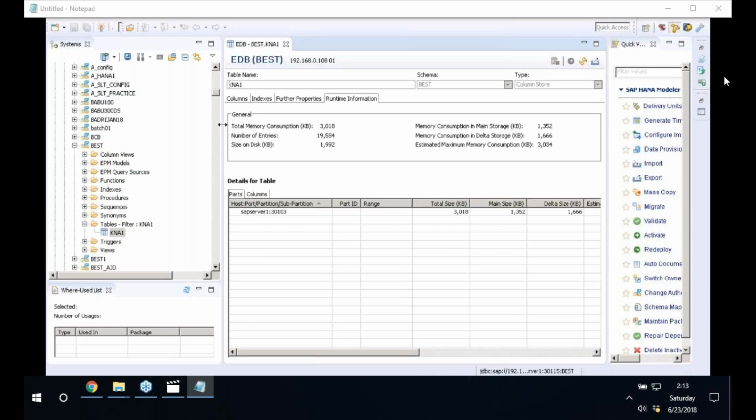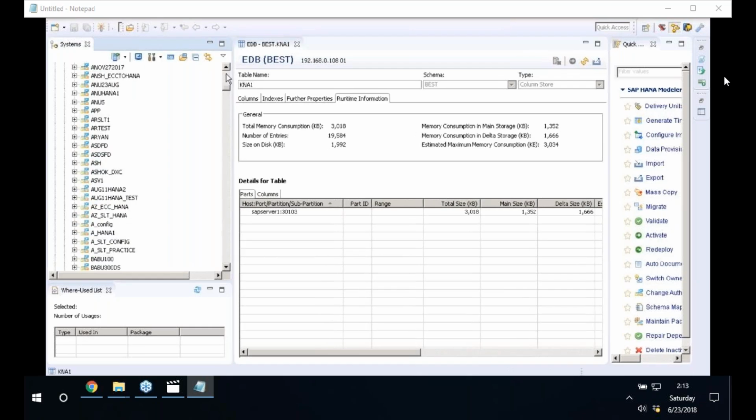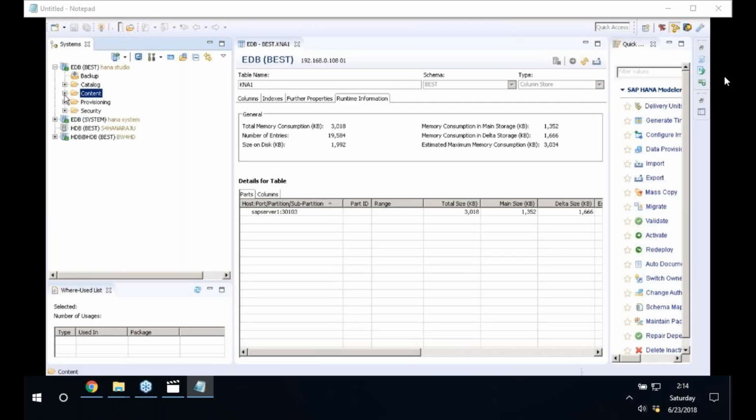Now, what I'm trying to show here is a catalog is a collection of schema. A schema is a collection of database objects like tables. Let us close the catalog, expand the content. Once we expand the content,